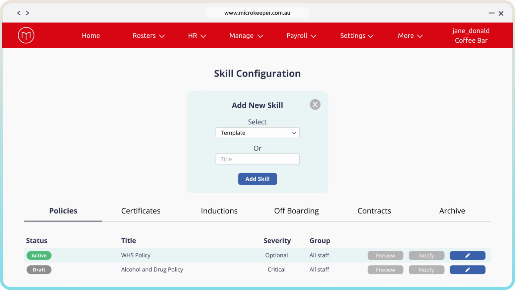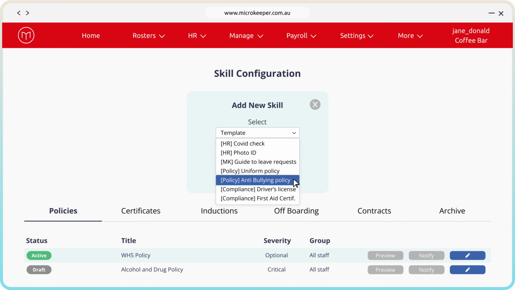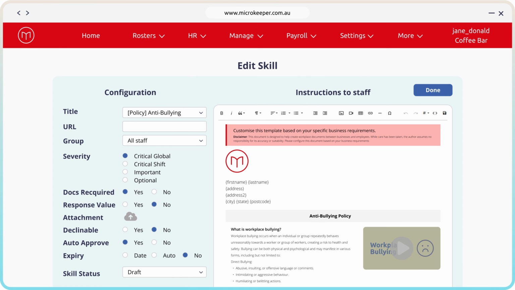Let's customize one from a template. Once you've created your document, you can customize it to your needs. In the Advanced Configuration settings, you have the ability to customize how you want this document or skill presented to your employees. A skills configuration includes the ability to update the title, add a URL, select a group of staff